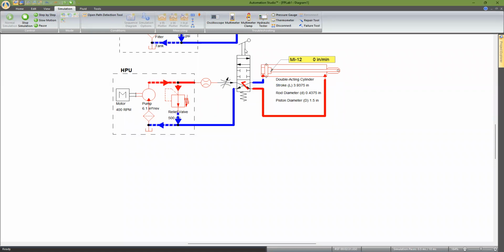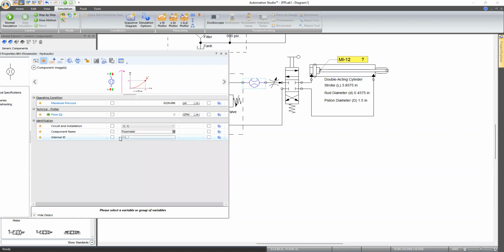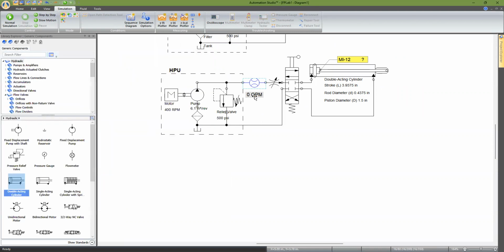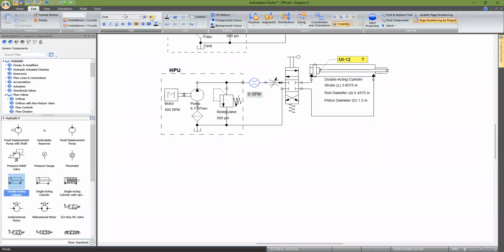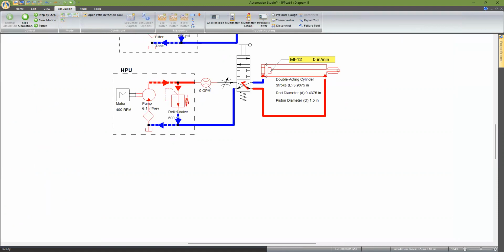And you can also display the flow rate in real time because you have the flow meter component. Double click the flow meter and the flow value here. You can select to show all the time while the system simulation is going on. I'm going to change the size of this thing to 7 and then bring it a little bit close to the component. There. So now if I go back to the simulation